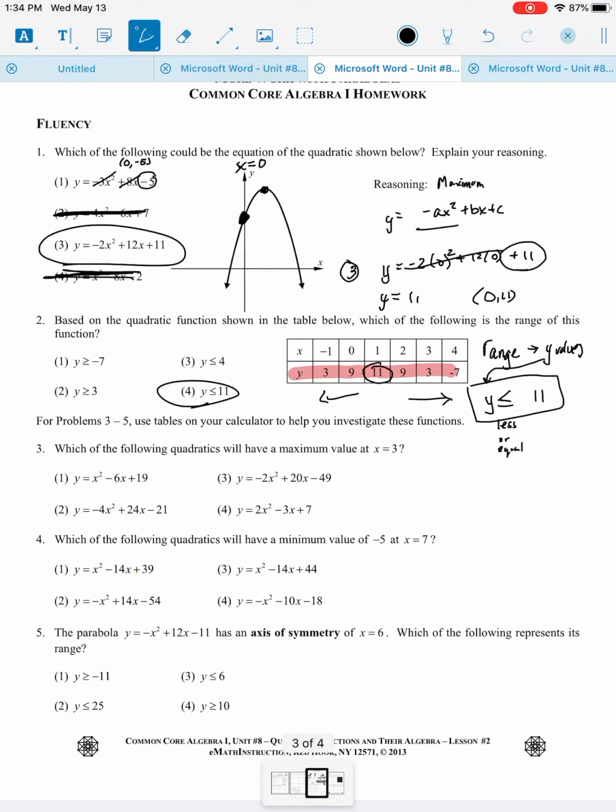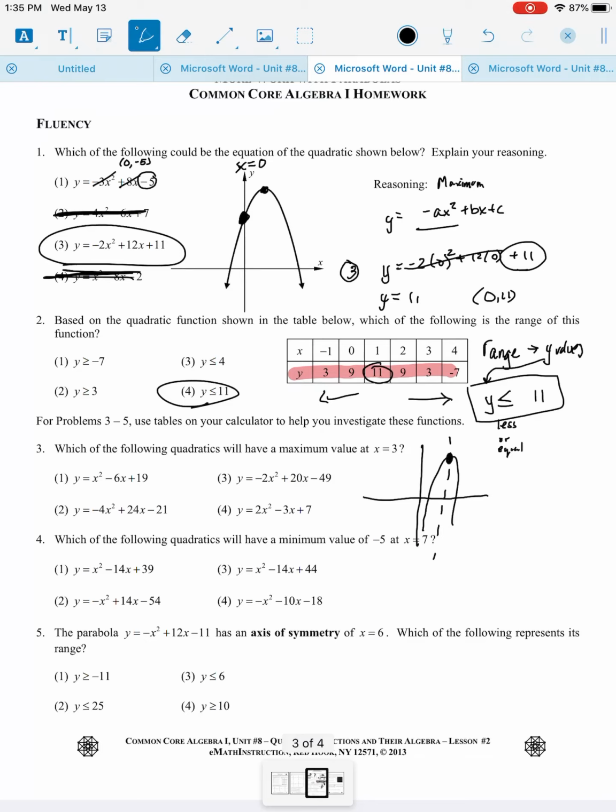Now, moving on to question 3. I actually used the online program for this one, and it's called Desmos. Some of you might be familiar with it. It is a really good tool for just using a graphing calculator in a simple way. And I'll read the question first, then I'll go to the web page. It says, which of the following quadratics will have a maximum value at x equals 3? Now that really tells me that I need a graph that kind of looks a little something like this,